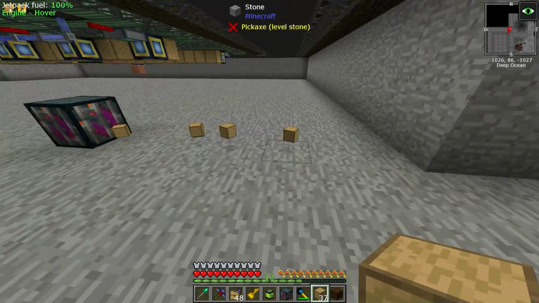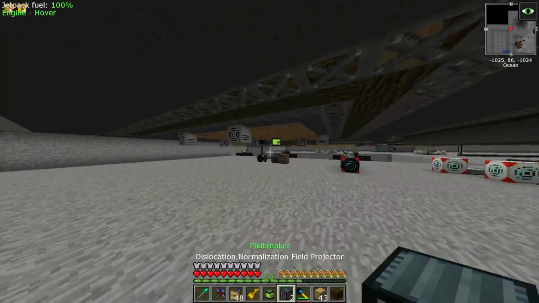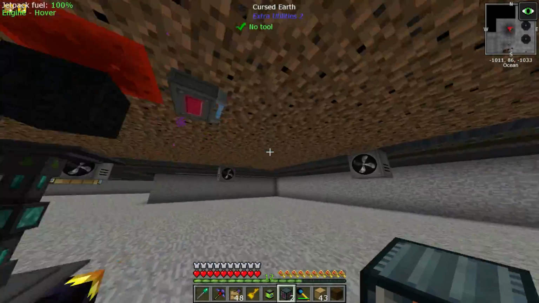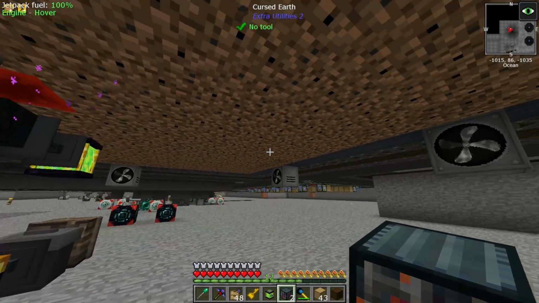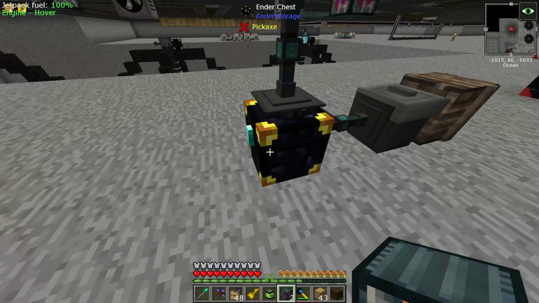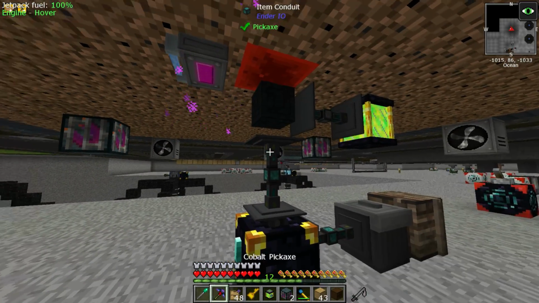Yeah, there we go. 5 blocks. So 1, 2, 3, 4, 5 total out of the middle. So that should cover possibly the middle part as well. We can probably just do... We would need 1 more. What if we put 1 like right underneath this ender chest? I mean, we can put the ender chest